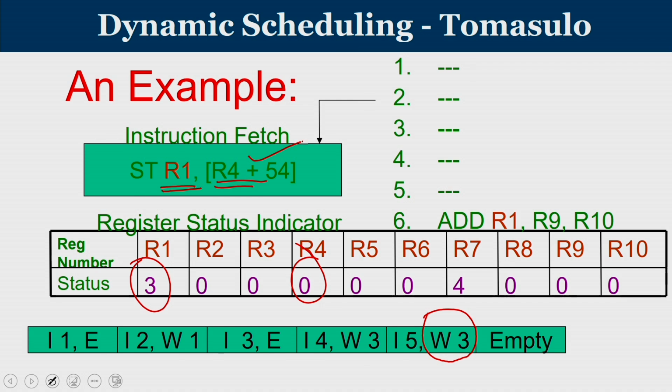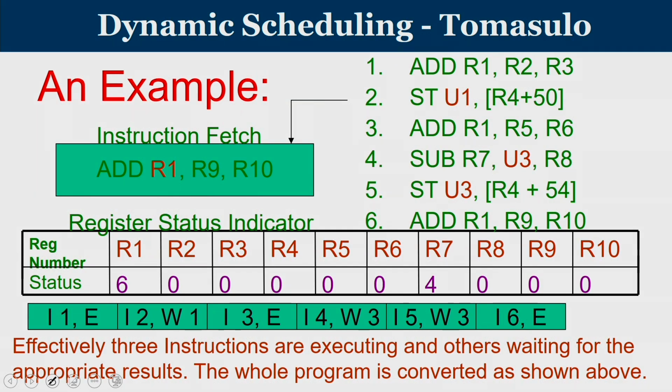Now, if you see, there is one instruction which is waiting for a result produced by the third functional unit. Similarly, there is another instruction that is also going to wait for a result produced by the third functional unit. So, there is a dependency between the third instruction and the fourth and fifth. Now, both are waiting together. The moment the third produces a result, instruction 4 gets its data and instruction 5 gets its data, and both will execute in parallel in two of the functional units.